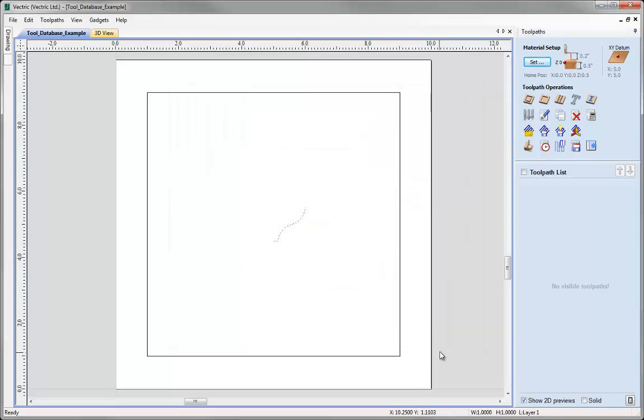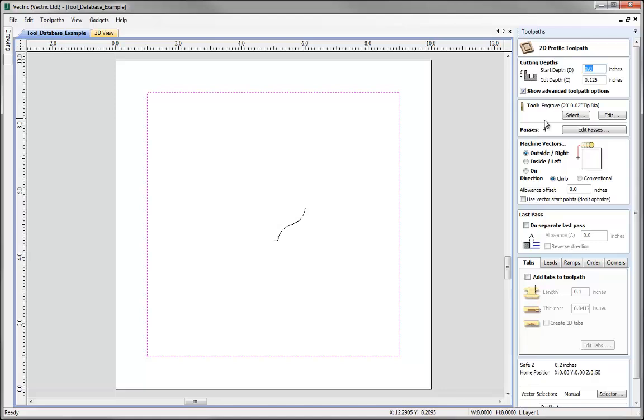Now the nice thing about these form tools is the software will represent their shape when you come to do the toolpath preview. I would like to create a quick toolpath here just to show you how that works. That also gives us an opportunity to look at the other way that we can access the tool database. So far you've seen me access it through the icon here, but if I go into any toolpath strategy, so I'm just going to select this square vector here, I'm going to click on the profile toolpath,